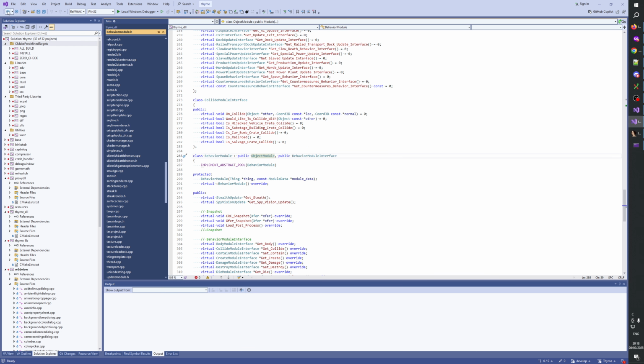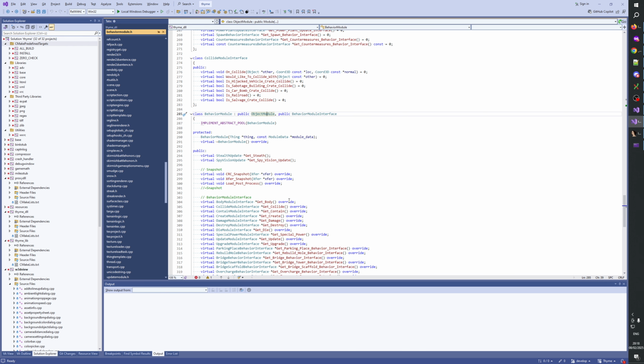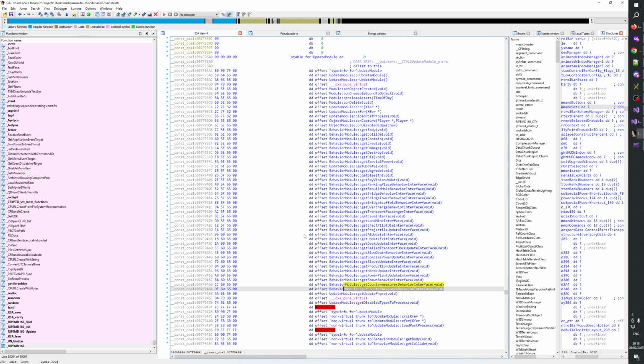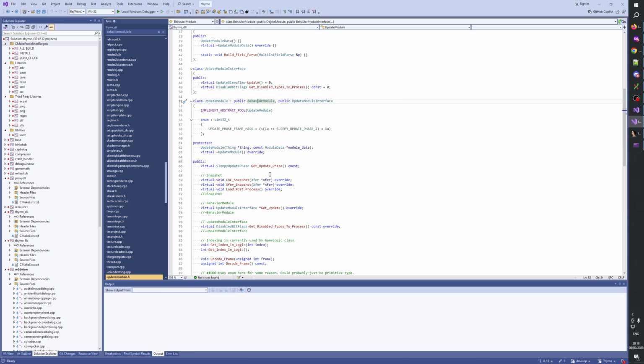Let's see. Then we have this here. Get updates. Okay. And then we have here get update phase. Get update phase is down here. Why is it down there? It's this one here. It's a virtual function that is created the first time in here,